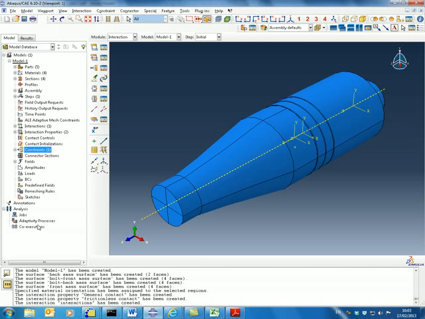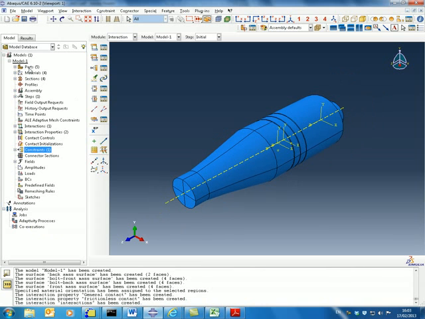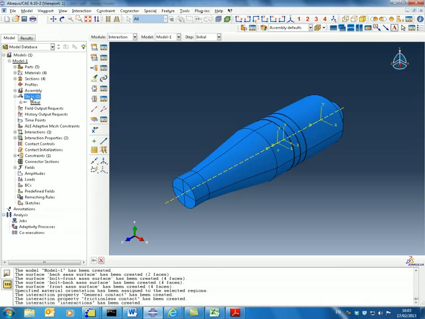Now, as a quick review, we have defined the parts, materials, and section. We have assembled the shape. We have defined the contact. Now we are going to create the analysis step, and the first step I will create is the static step to apply pre-stress, where